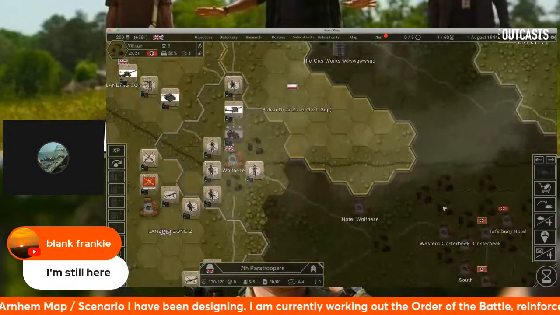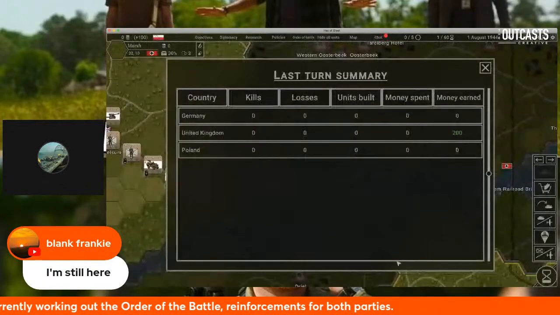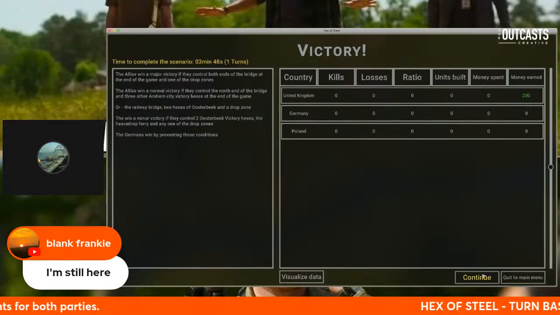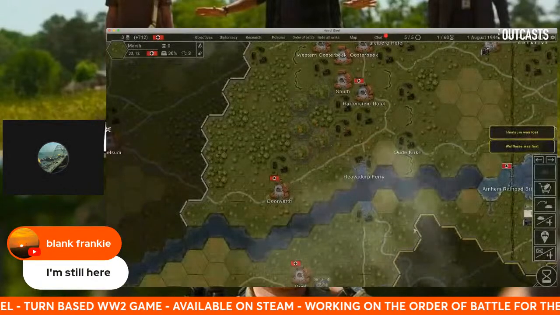Okay, so that's all the British, right? So then what happens is you hit an hourglass. It's now the Polish turn, but the Polish turn doesn't have any forces on until later. So we continue. I don't know why that's come up, because we haven't finished the game. Time to complete the scenario victory. Well, unless, yeah, there we go. Right, so